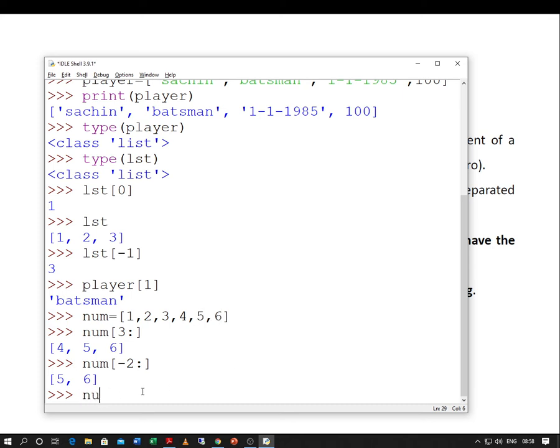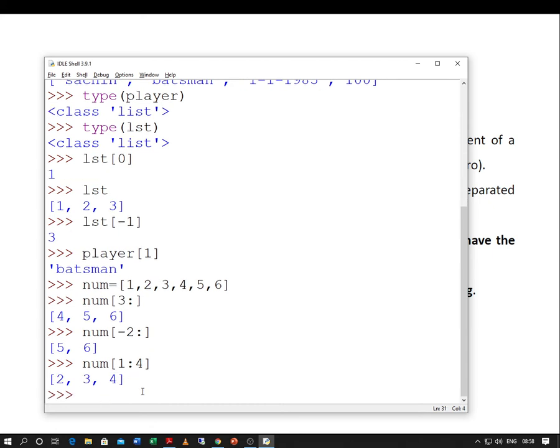Similarly, say for example num 1 colon 4. That means what is going to happen? The first element will be at index 1 and it will go up to 4. Why up to 4? Not the number 4, but this is index 1, this is index 2, this is index 3.